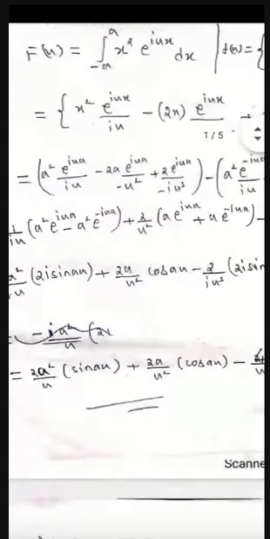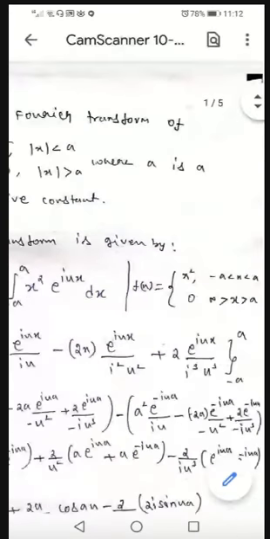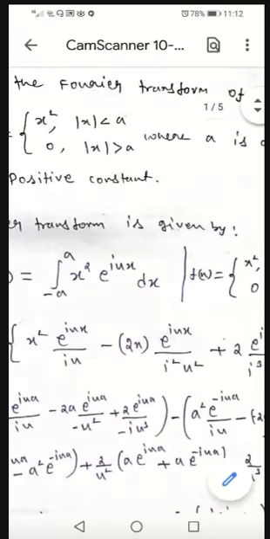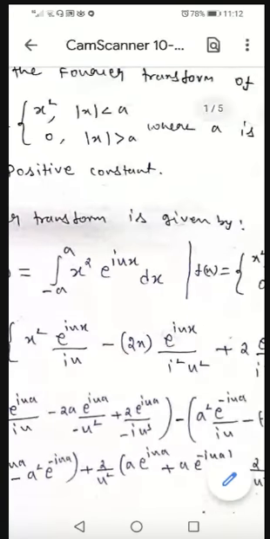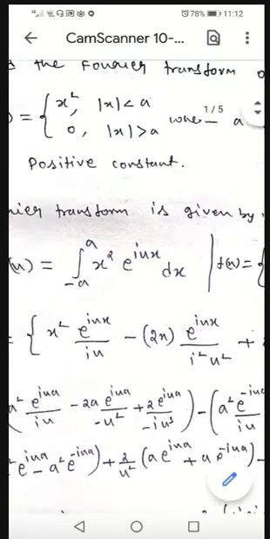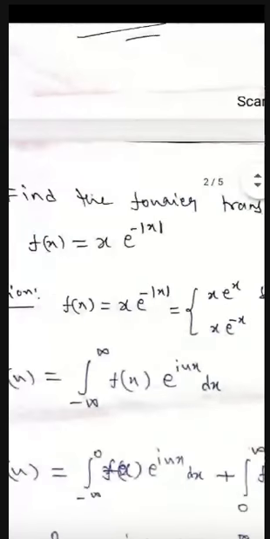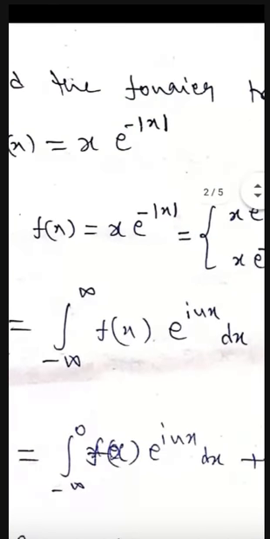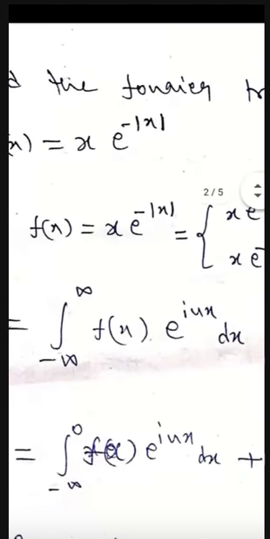So that minus a to plus a. If you have minus a to plus a, then only f of x is x square. In the place of f of x, you can substitute x square. In all other cases, it is 0. That is the meaning. Basically this is the formula: f of u equals integral from minus infinity to plus infinity of f of x e power iux dx, the Fourier transform formula. I can take minus infinity to minus a, and minus a to plus a integration, after that a to infinity.